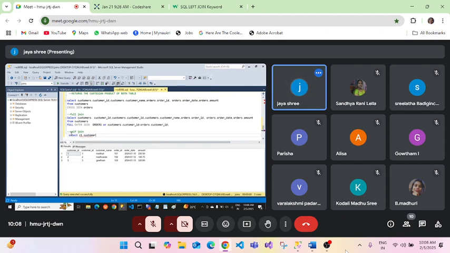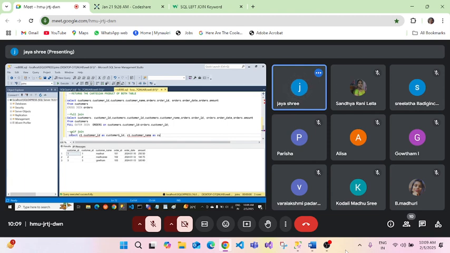This will be the column name. I'm renaming the column using alias as customer 1 ID. It is better to take it like that, otherwise I get confused. So customer 1 ID. Here again C1 will be the table name, and I'm taking customer name